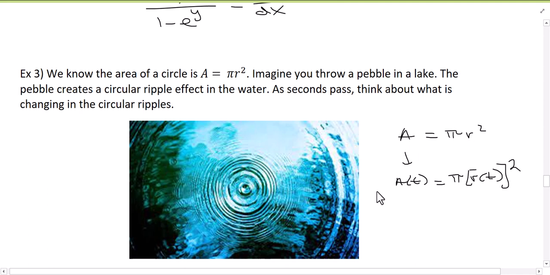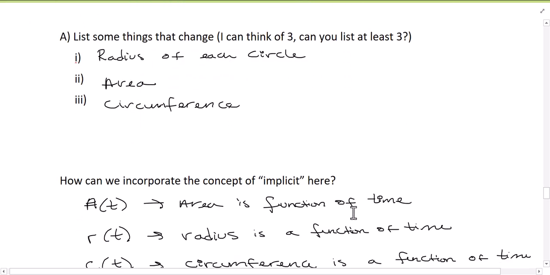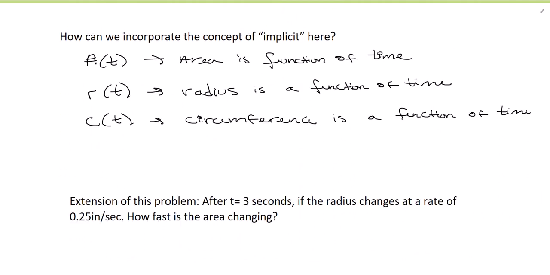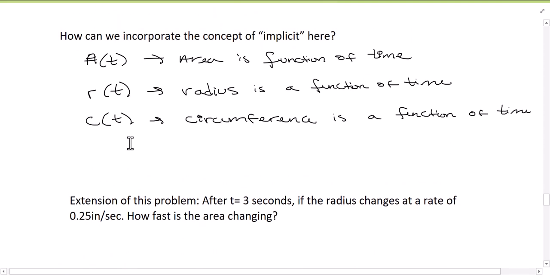So this will be an example of how implicit things work. And notice that in this case, the independent variable, the t, is not even a part of the original equation to begin with. So this is a great example of how implicit can work. So let's try an extension of this problem. After 3 seconds, if the radius changes at a rate of 0.25 inches per second, how fast is the